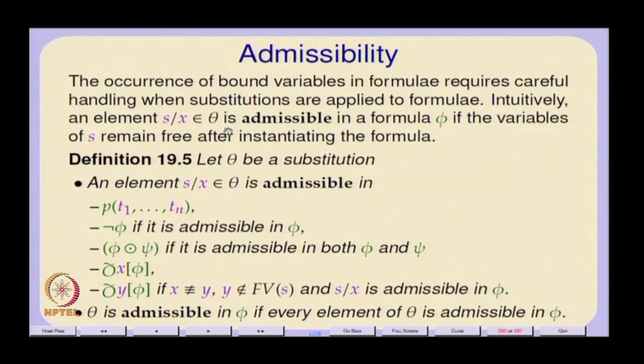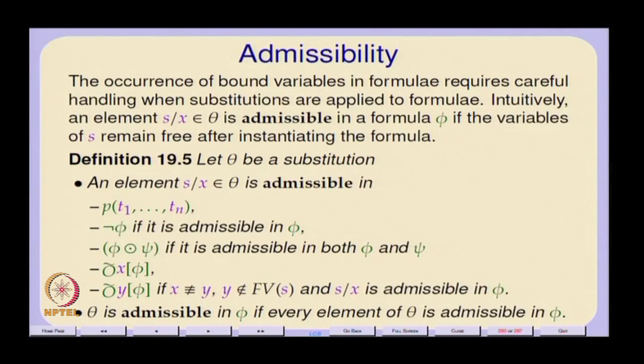So we would say that s for x is admissible on some formula phi if phi does not contain any variable in a quantified fashion such that the effect of replacing x with s might capture that variable. Basically, the bound variables inside phi should be different from the variables that occur in the term s,